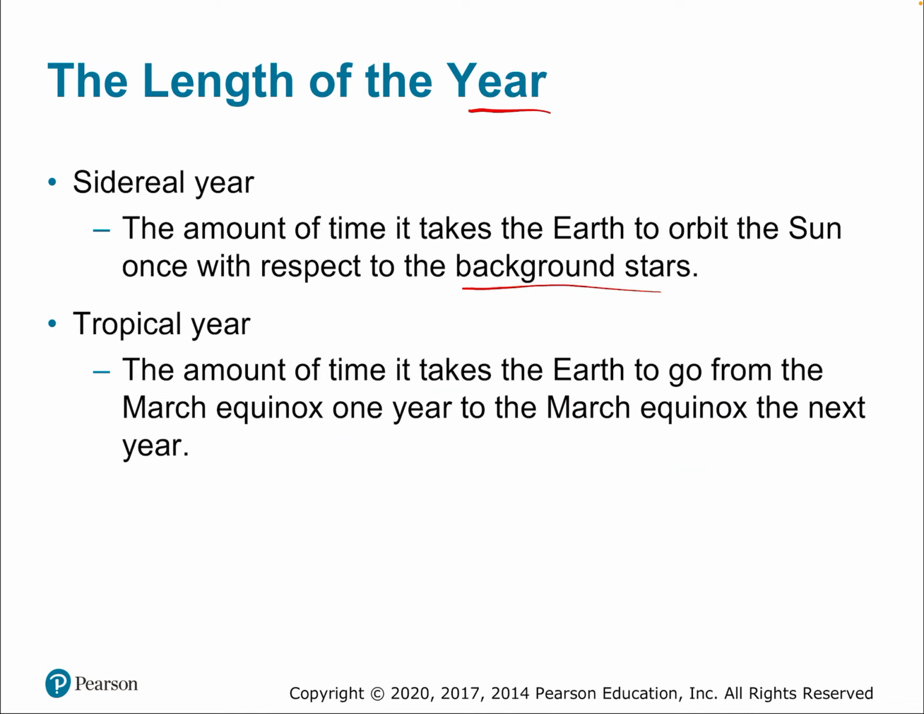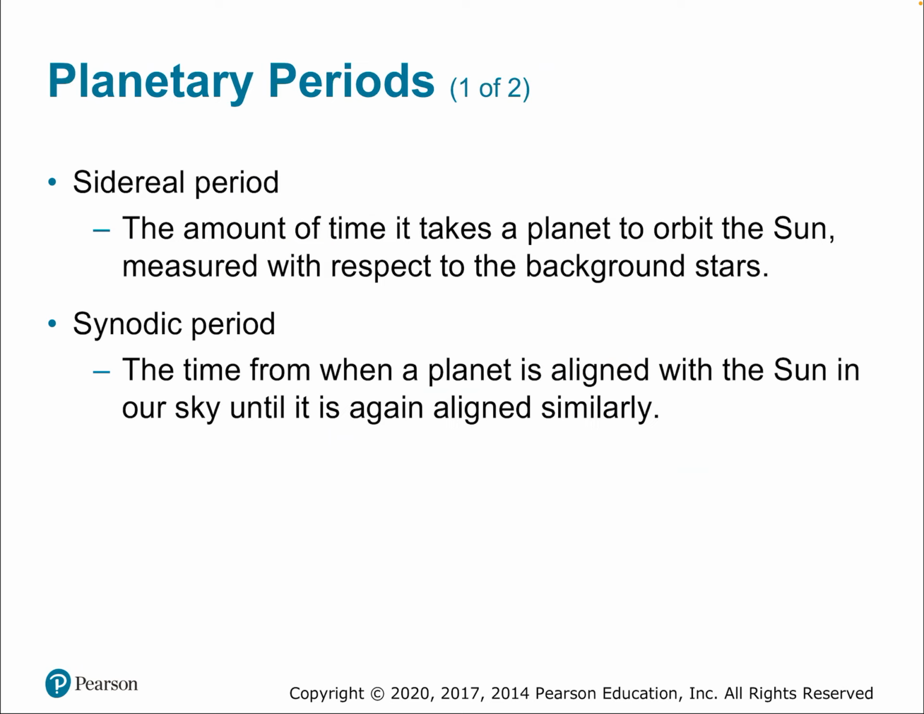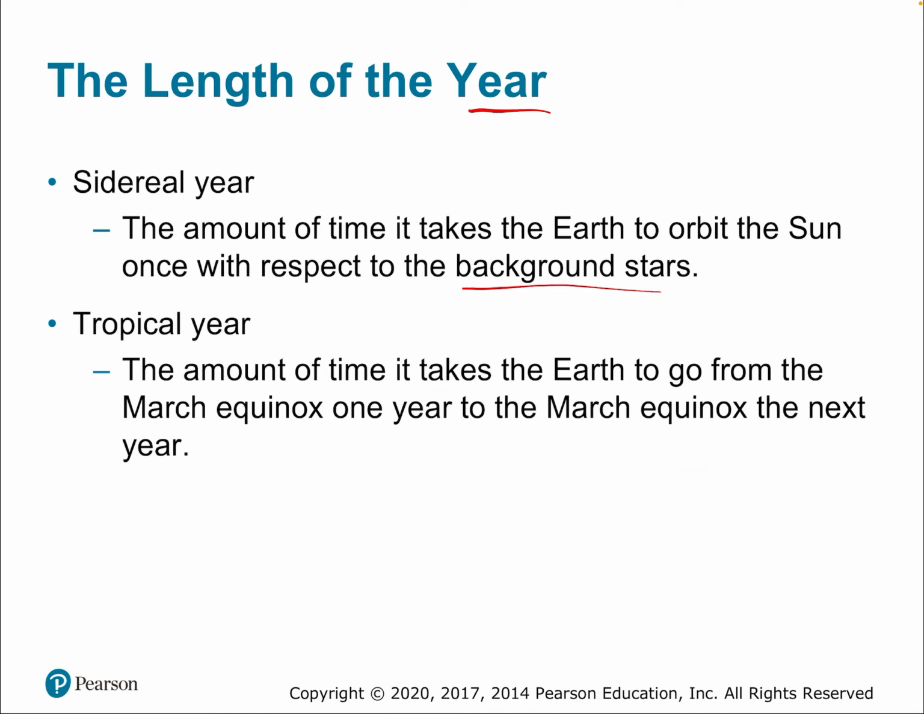The tropical year, on the other hand, is the amount of time it takes the Earth to go from the March equinox one year to the March equinox the next year. Okay? So in general, and again, there's a slight difference here between the two, and that's going to be